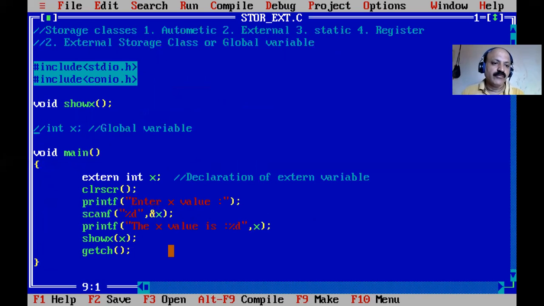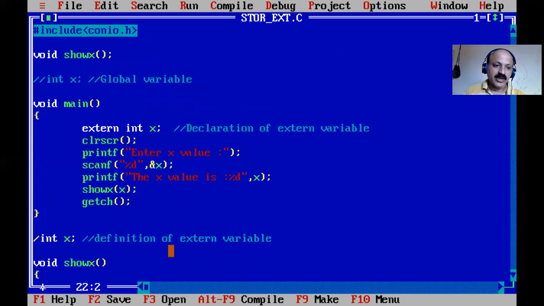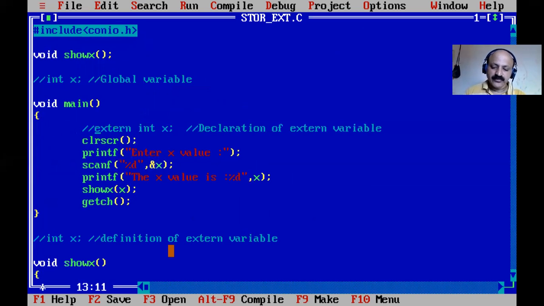There are two ways you have to declare it within the function. Yes, here we can also declare, but that is better. Yes, you cannot write the definition. So I comment the line here, and here I comment the line. That is not perfect, and here is perfect. That is the global declaration section.